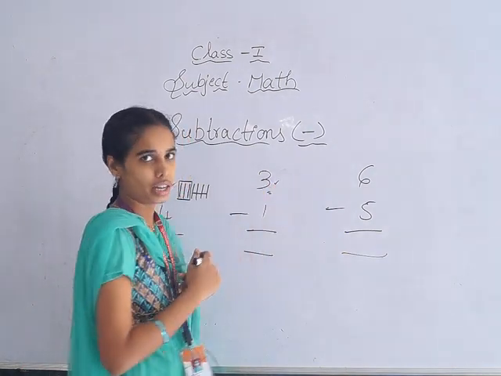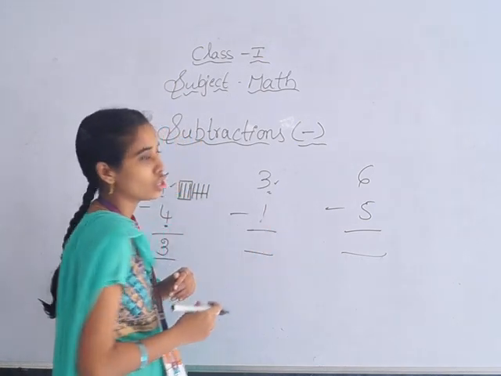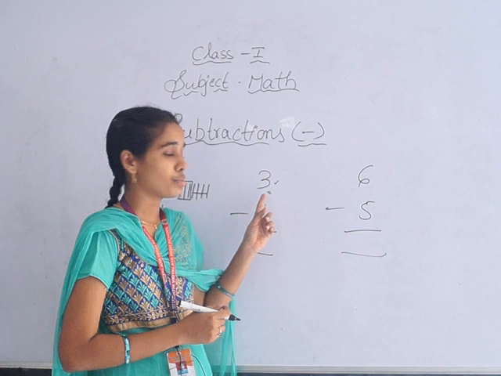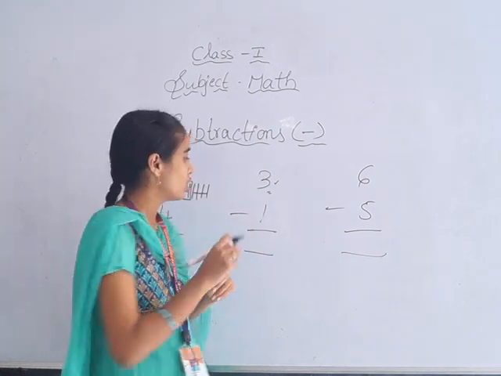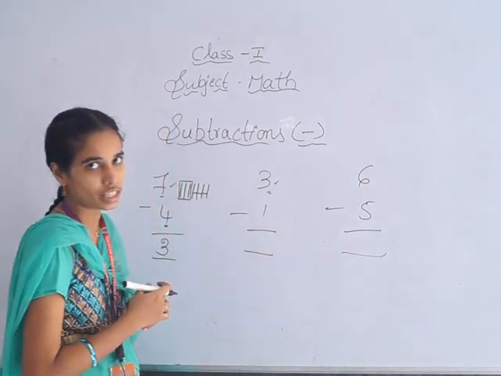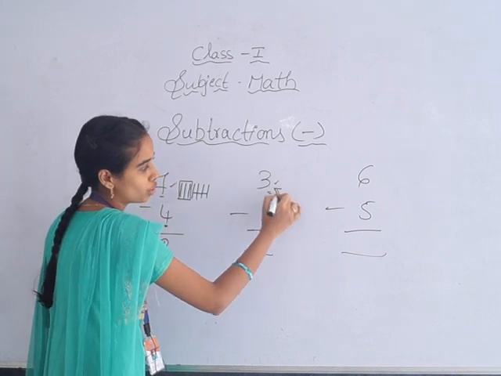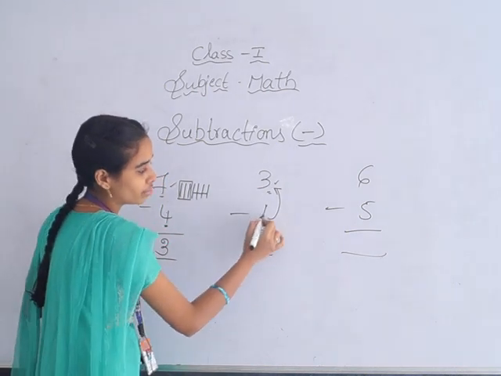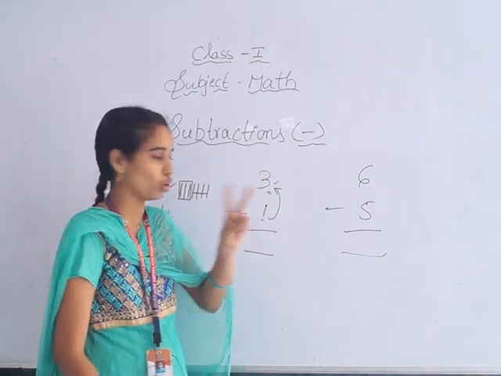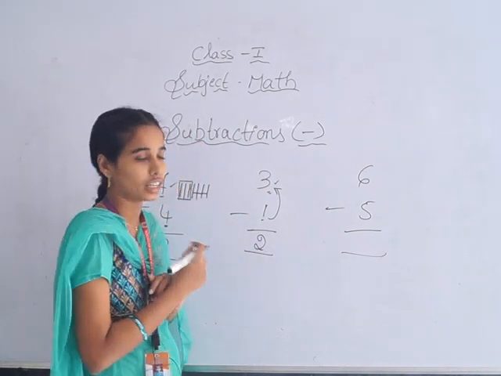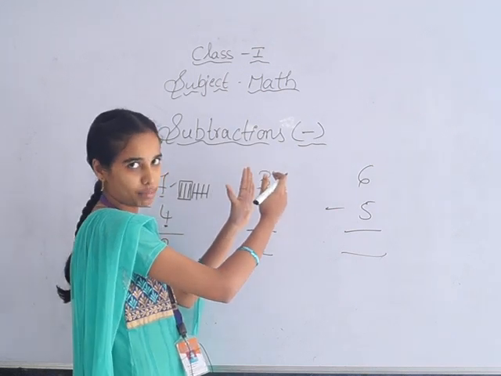3 is the biggest one here, and 1 is the smallest one. So in previous problem we kept biggest number in the mind and smallest number in finger. So now for subtractions, smallest number is 1, no? Count after 1 up to 3. That means 1 after 2, 3. So how many fingers we opened? 2. So answer is 2, like that. Small number, which number is smaller? 1, count after up to the biggest number.